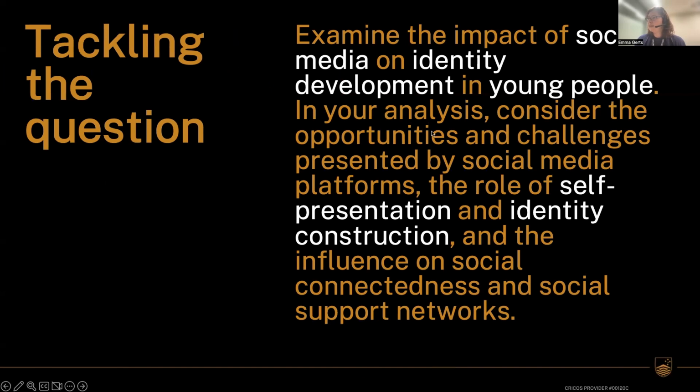Back to the slides. So here, these are the key concepts that I would pick out. These are the main ideas: social media, identity development, young people, self-presentation, and identity construction. Now, the reason that we would use these particular terms as opposed to some of the other words such as impact and challenges and things like that is because these are the ideas that are central to what the question